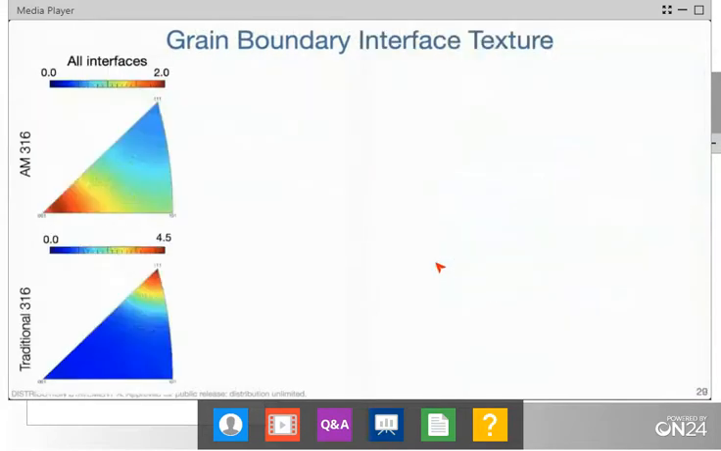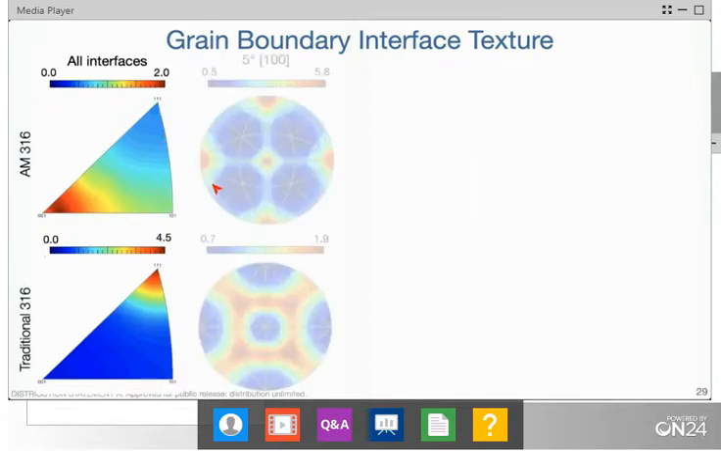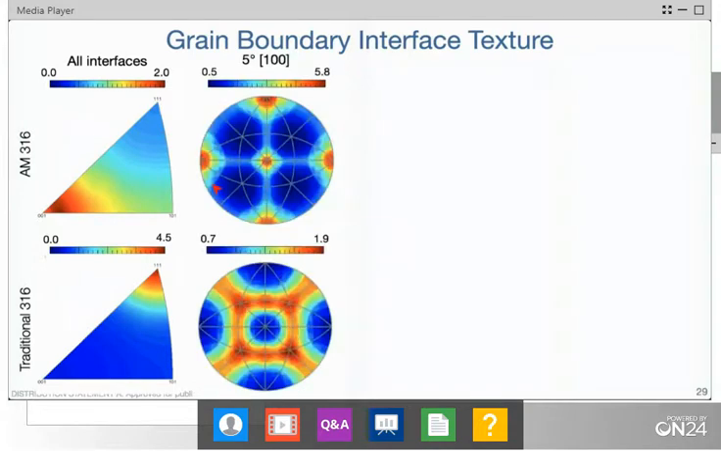I'm going to compare this to some data that we have on traditional 316. So this is additively manufactured on the top, traditional equiaxed, highly twinned 316 on the bottom. You can see that the traditional material has a very high prevalence of 111 interfaces, like you'd expect. And then the additive manufacturing is the opposite. If we look at low angle boundaries, so these are only 5 degrees of misorientation about the 100, again, we see a prevalence of 111 interfaces in the traditional material, a depletion in the additively manufactured,